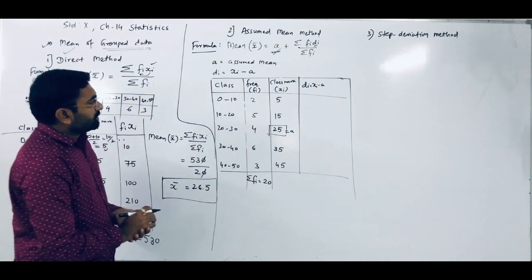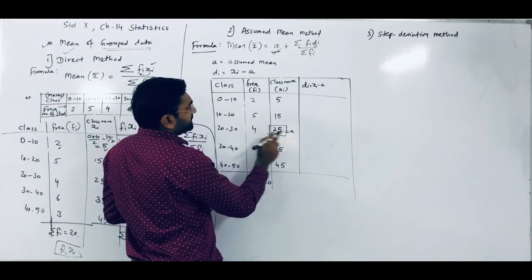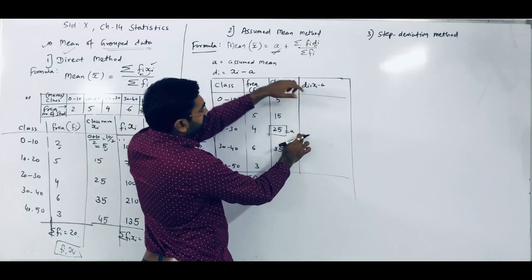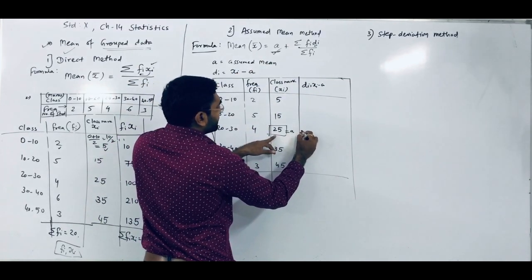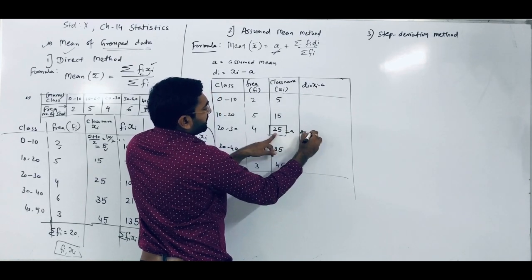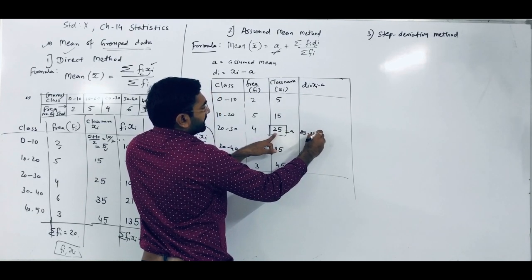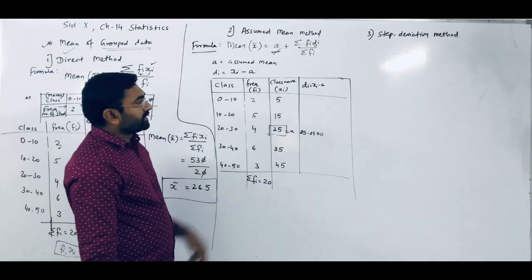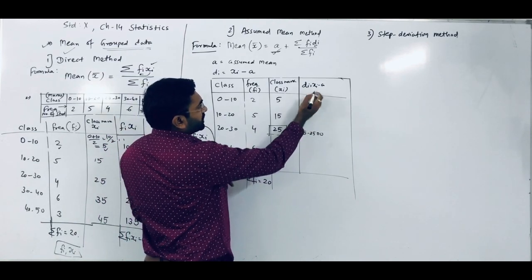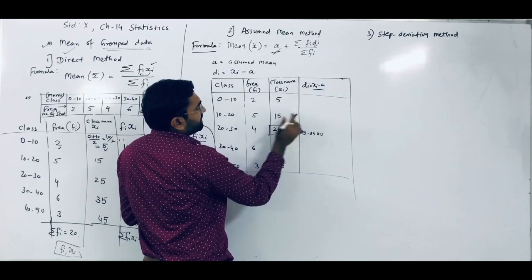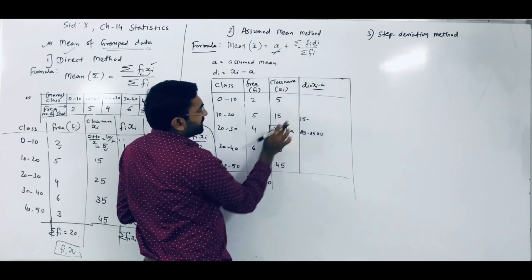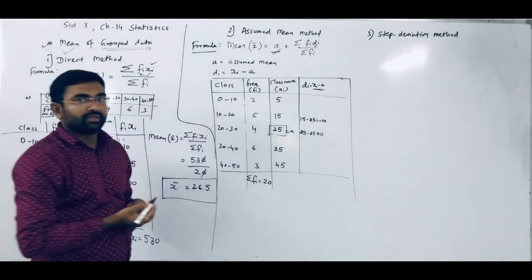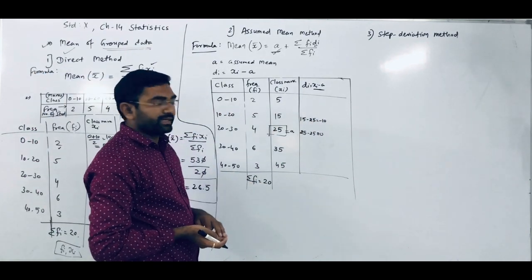Now, suppose we want to find out the middle class di value. That class xi value is 25, minus the a value, 25. So we get 0 only. So that class di value is 0. Now suppose we want to find the upper one class di value. As per the equation, upper one class xi value is 15, minus the a value we assumed, 25. So 15 minus 25, what do we get? Minus 10. So that class di value is minus 10.